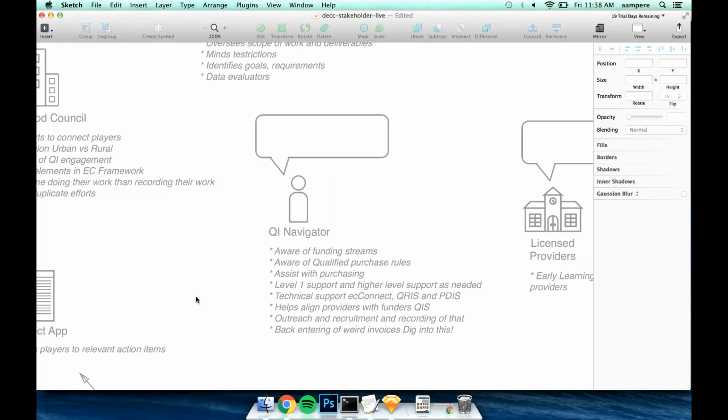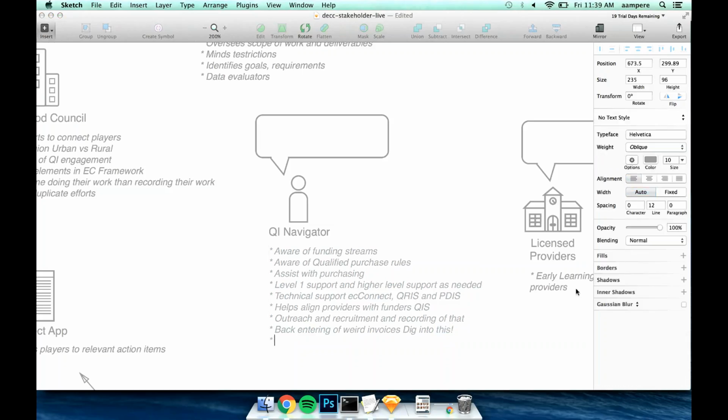Mm-hmm. So it sounds like maybe what we should write in the bullet is that there are some differences among councils on who the primary contact is, if it's the navigator or the coach. But what's good is that in the existing system, navigators and coaches really have the same level of access to their programs and what the programs can do in EC Connect. So it really can be either or. I think we just continue the design so that it really can be either or.